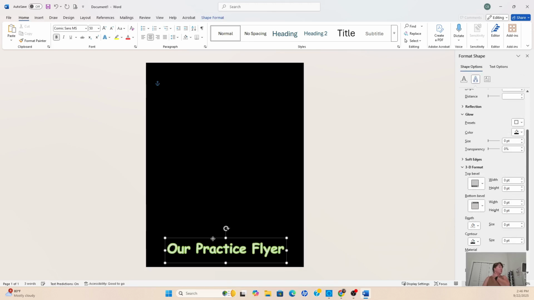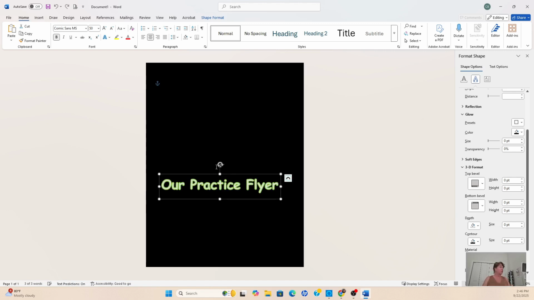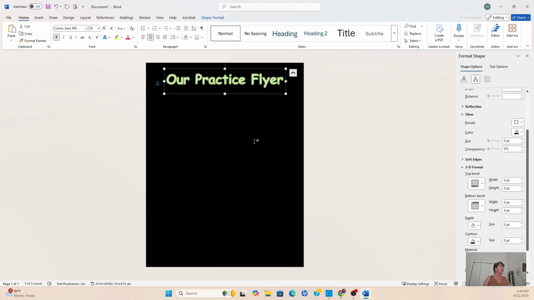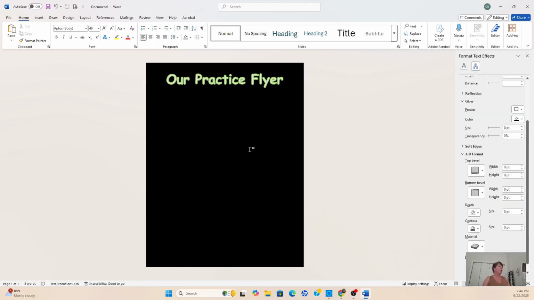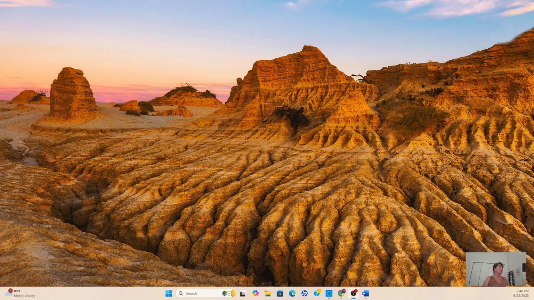It will let me move it. It'll let me rotate it around. So what we're going to simply do is just move it up to the top, and I do want it a little bit higher. And now we're going to put a picture inside of our flyer. So what I'm going to do is open this up